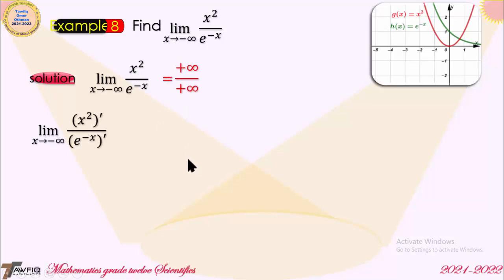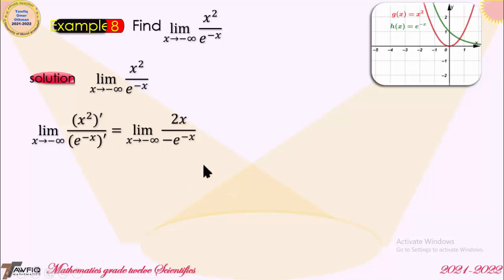It is an indeterminate form, therefore we must take the derivative of the numerator and denominator. The derivative of x squared is equal to